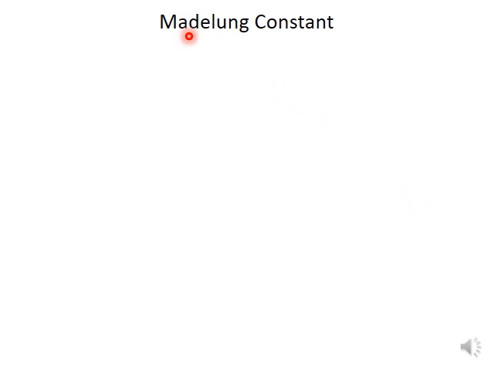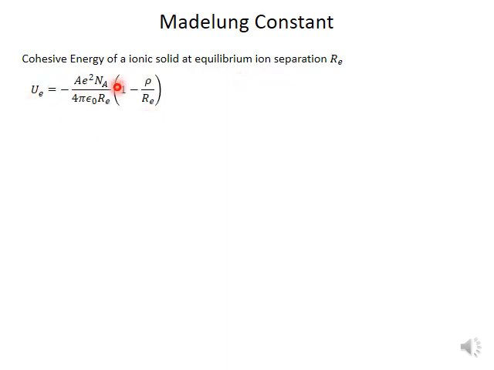So since we are discussing the case of ionic solid, in this case sodium chloride, I would like to also mention here how you derive Madelung constant. If you don't remember the Madelung constant, remember we tried to derive a cohesive energy of an ionic solid, such that for the case where Re represents the equilibrium distance between a positive and a negative ion, in the case of sodium chloride between a sodium ion and a chlorine ion, and the cohesive energy of a whole crystal is given by such an expression,